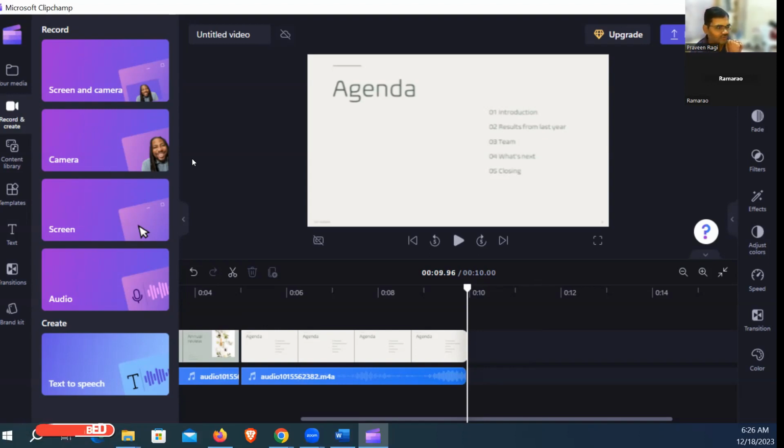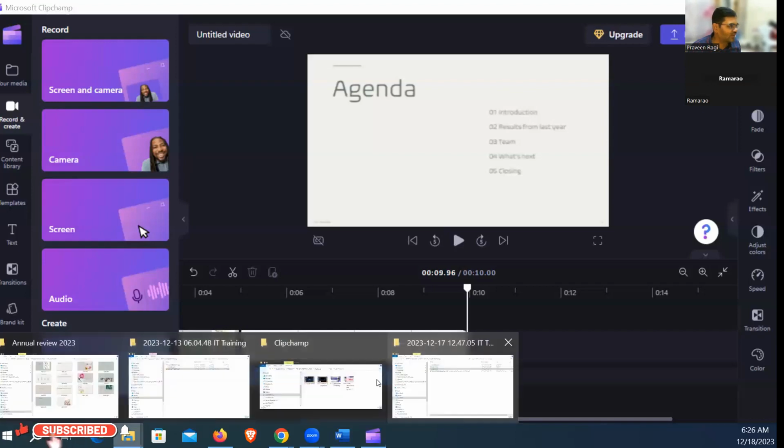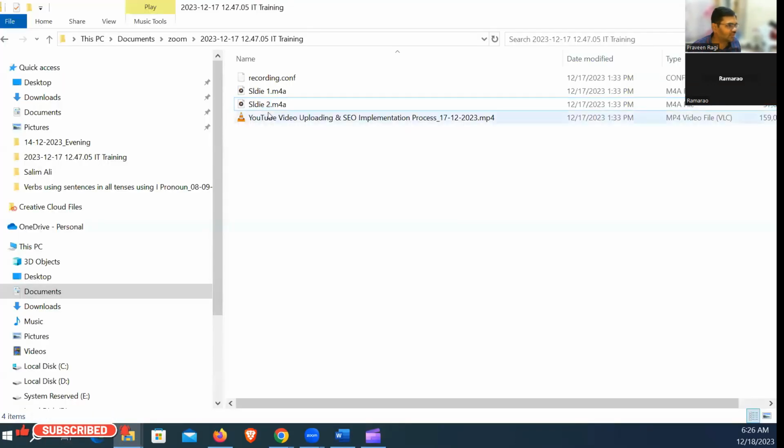So you can also use Zoom when you are making a presentation like that. In that scenario, you will make a script and record audio in Zoom. Then finally, you will get the audio file in the Zoom folder. You don't need the rest actually, you just need the audio file from Zoom. Then after that,